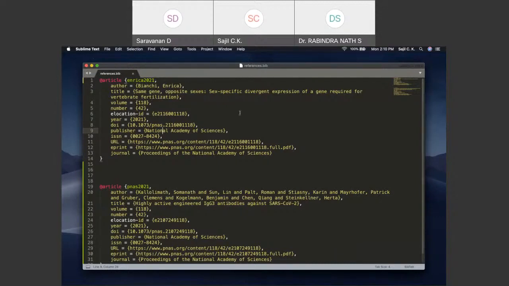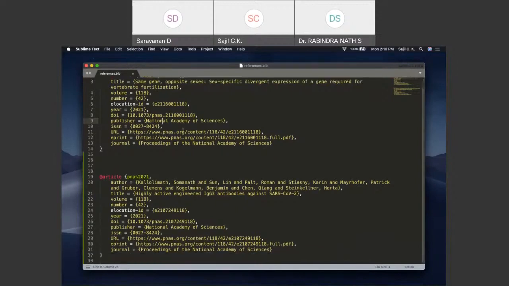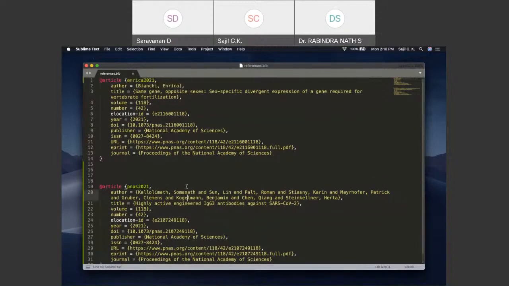So it is not 100% foolproof. The responsibility is up to the researcher to make sure everything is in the right format. If you give the correct information, then everything will work smoothly. Or if there is any error in the BibTeX information you provide, then it might give some errors and weird output.